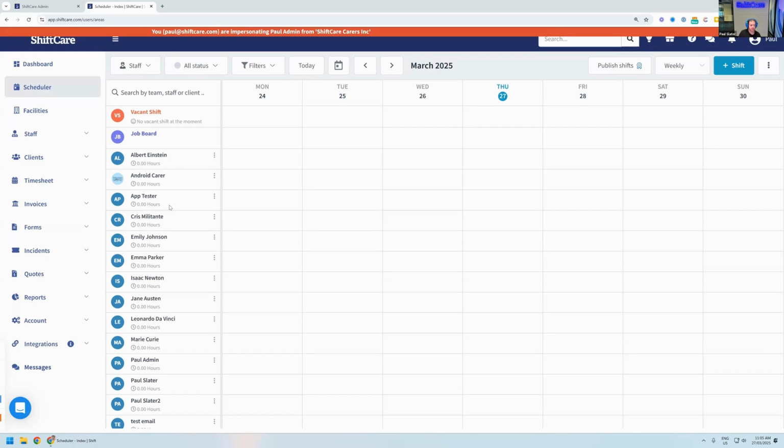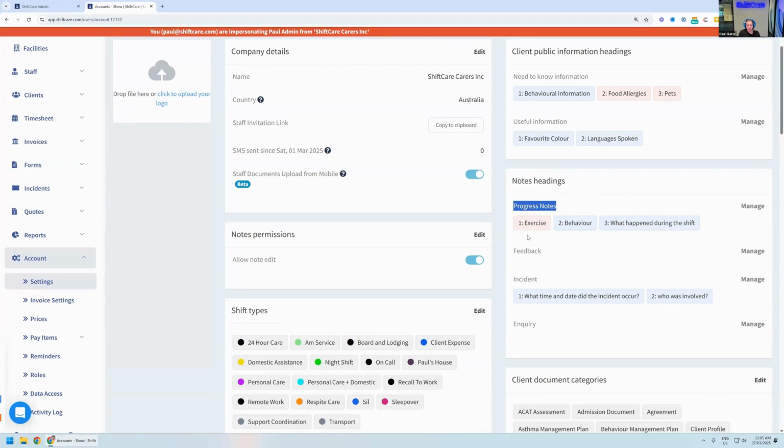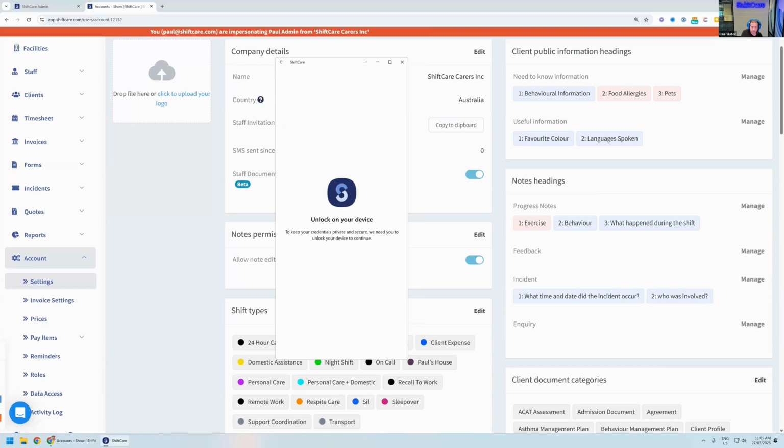Currently there are two options in terms of reporting an incident. One is to use one of the original ways to do it, which is in account and settings, where you can set up your global headers. There's one called incident here, and you can put headers in there. And then if I have the app open, which I'll open now,